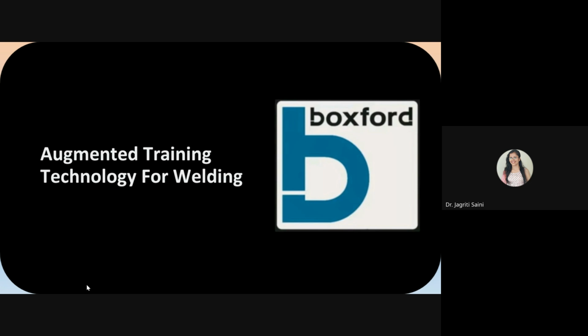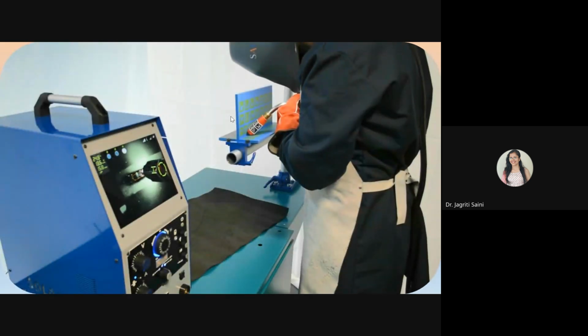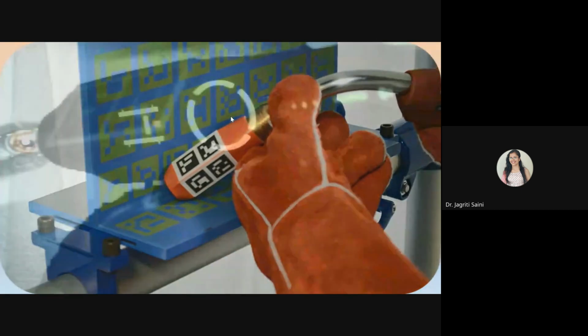But with the AR technology, what advantage can we take? We can help students to be precise with their joints by using technological integration. And once they have refined their welding joints, then they can work on the physical job out there. So, how it may work, let us have an idea through this video. You can visualize this. This is what the student is doing actually, and this is what they are looking at inside their headset.